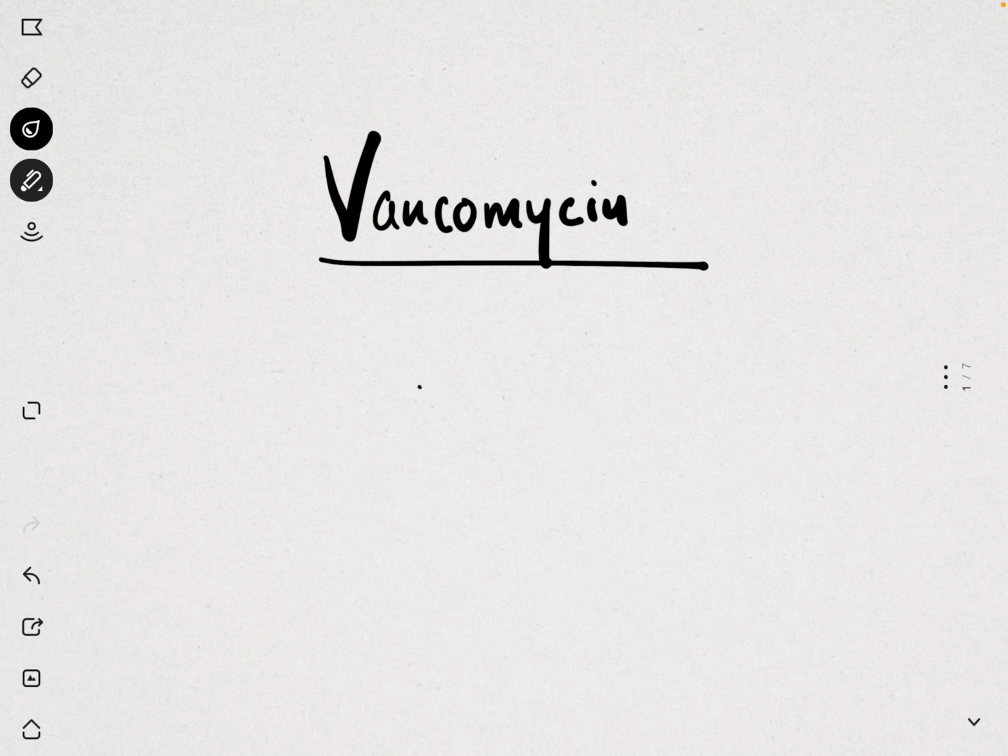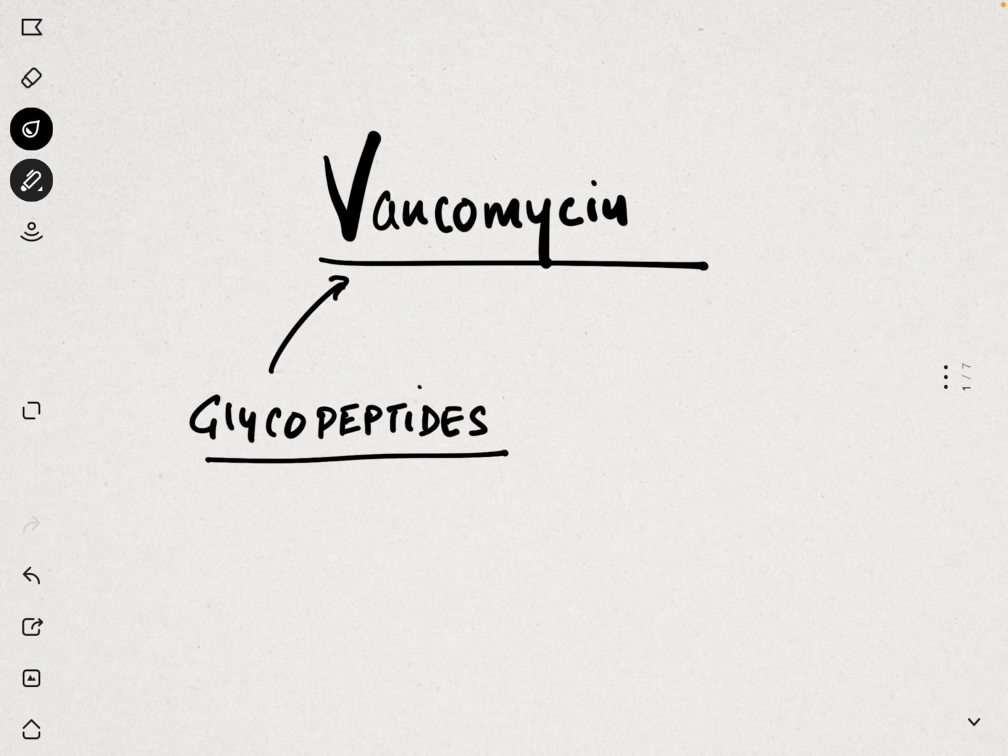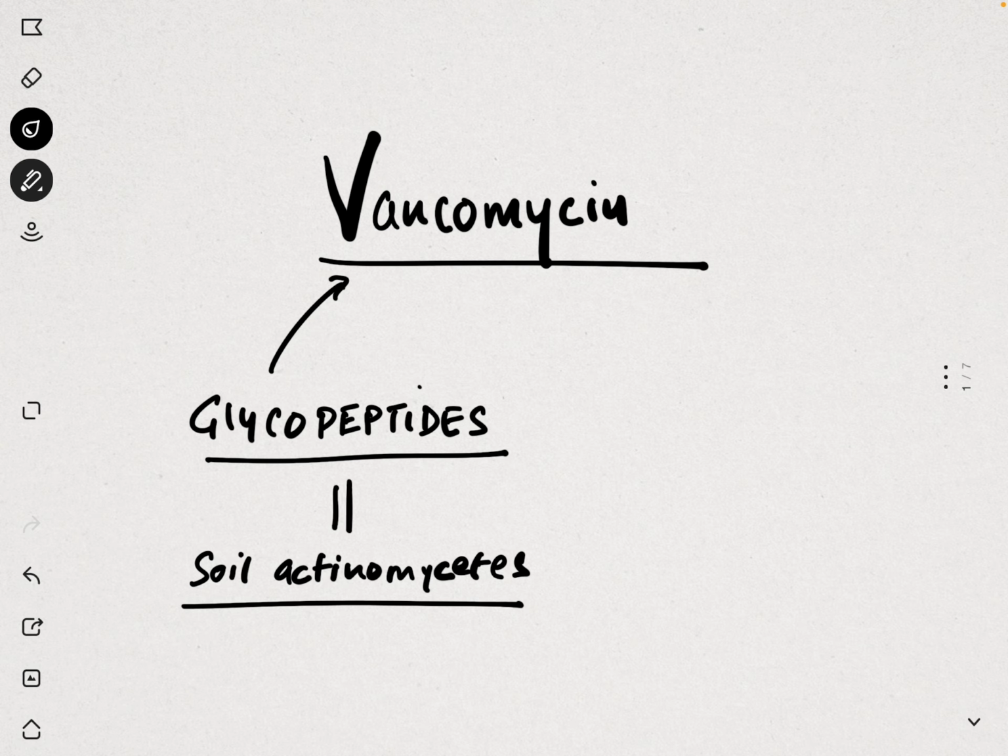Now, vancomycin belongs to the group of drugs known as glycopeptides. And where do we obtain this drug? We obtain this from bacteria in the soil, especially actinomycetes. Okay, so these are the bacteria which are the source of this antibiotic molecule, and which bacteria specifically, earlier